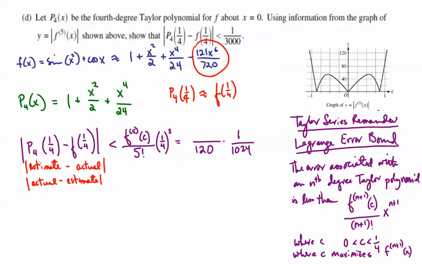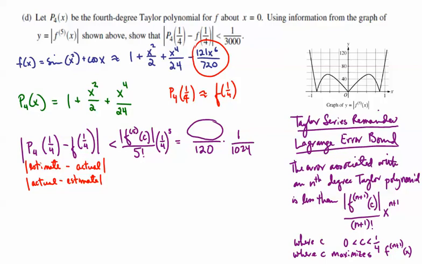Now the only thing we need here then is a value for the 5th derivative on the interval from 0 to 1/4. And this is where the graph comes in. If you notice on our graph over here, this is the absolute value of the 5th derivative. And I guess we could actually state in here that this should be an absolute value here, an absolute value,